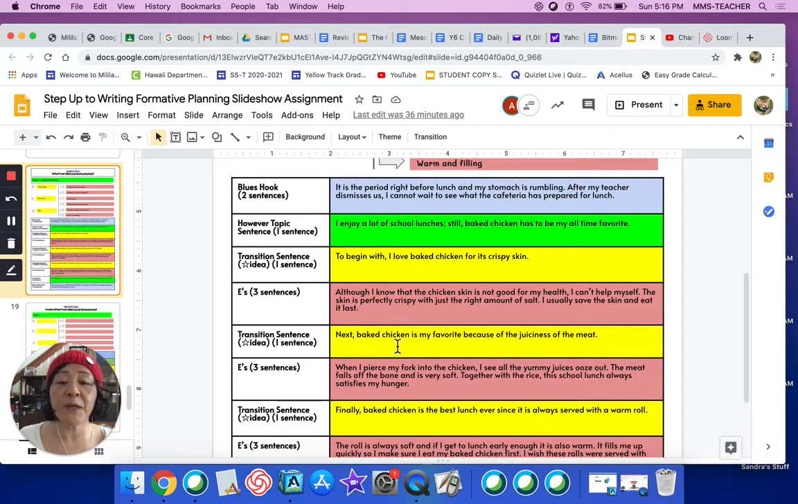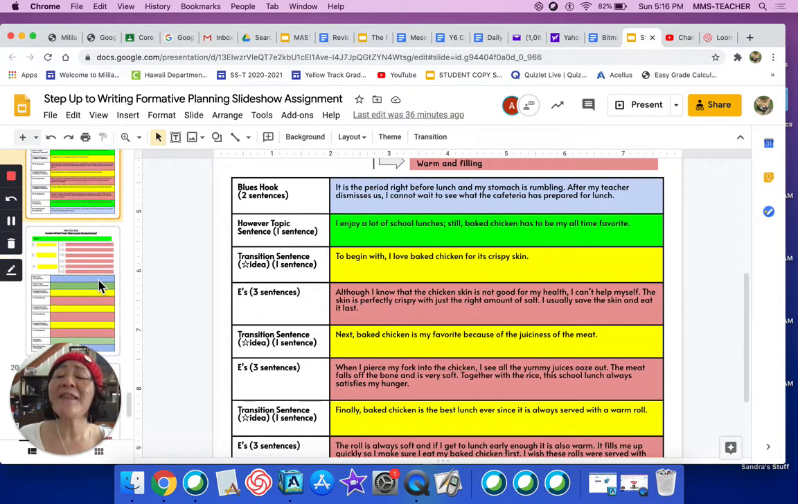So see, next, baked chicken is my favorite because of the juiciness of the meat. When I pierce my fork into the chicken, I see all the yummy juices ooze out. The meat falls off the bone and is very soft. Together with the rice, this school lunch always satisfies my hunger. Okay? Then